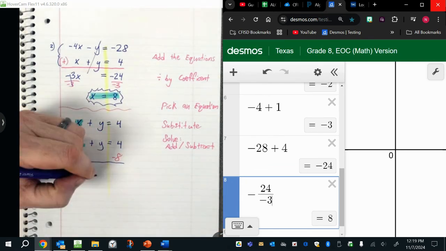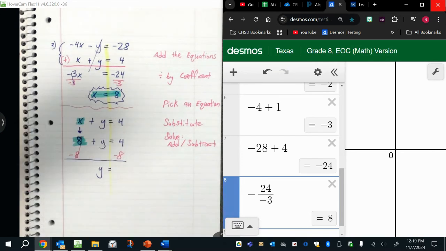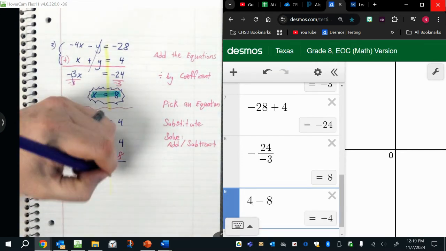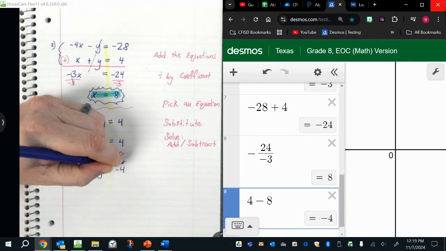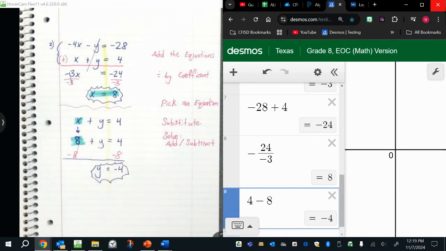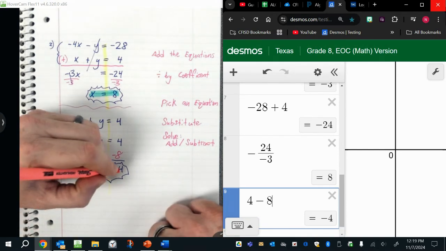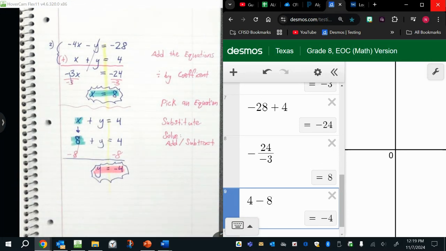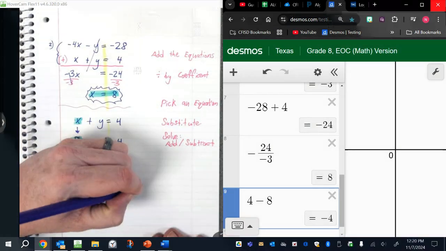And so now I have y, and that equals 4 minus 8, which is negative 4. And so that is my y value. And so the point at which these two intersect or cross